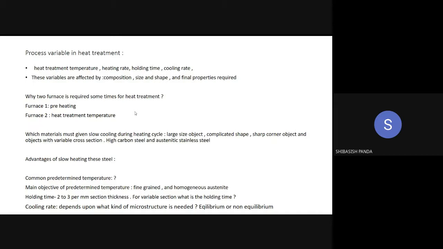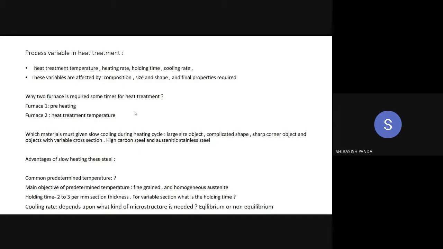And second point is to prevent the grain coarsening. We do not want our grain to coarsen. If the grain will become coarse, properties will deteriorate. The coarser grain will give you more ductility but less strength. So to prevent grain coarsening and to prevent the oxidation of the steels, alloy steels basically, we have to use two